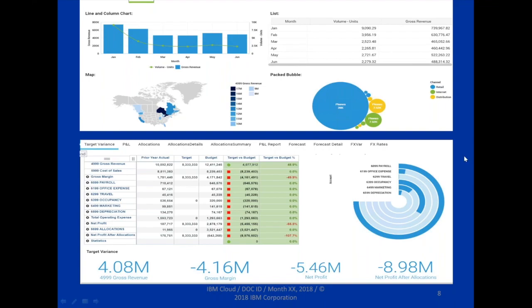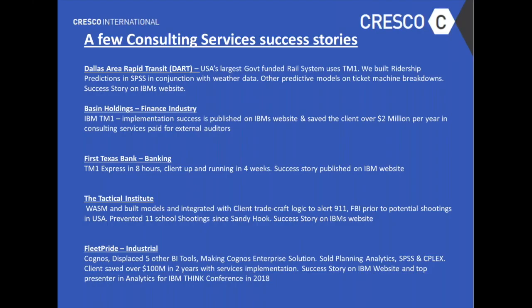So with that, I think I'm just going to go over some of the successes that we've had. Very interesting. We've actually worked with these different organizations. So we work across government organizations, retail, healthcare, insurance companies, conglomerates, as well as some defense organizations, and the banking sector. So what you're seeing over here is how we've used multiple IBM technologies to improve ridership across the Dallas Area Rapid Transit.